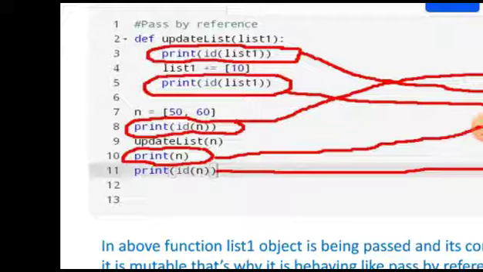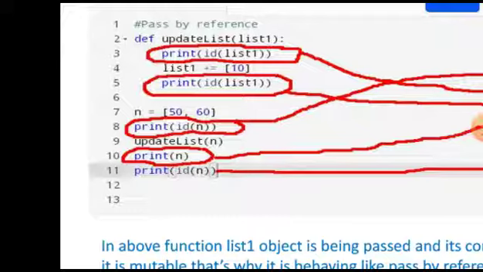Actually this will happen because the list is a mutable object, so you will be able to add an element to it, and in this case it is pass by reference. The object reference will be passed to the function, and the function will be able to modify the mutable object because it is modifiable. The changes will be reflected in the original list n which we have passed. We are modifying list1 inside the function, but because list1 refers to the same object referred by n, the original object is modified also.